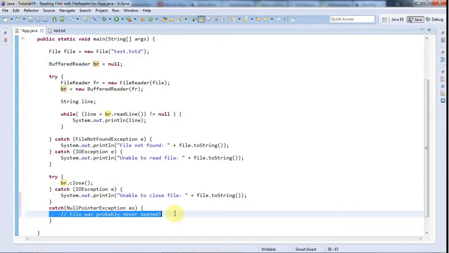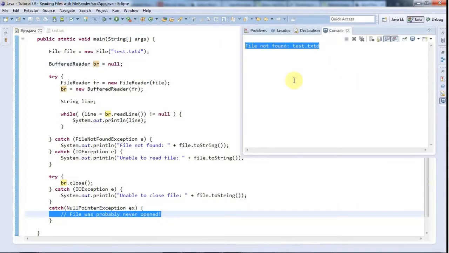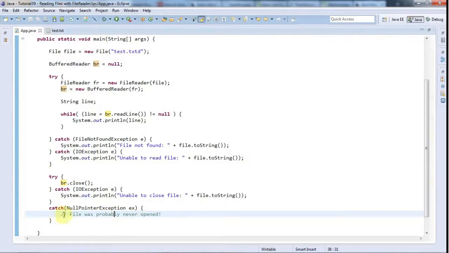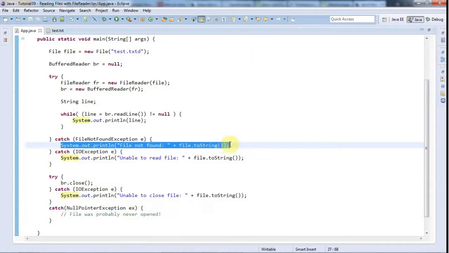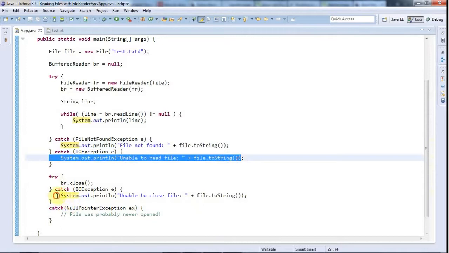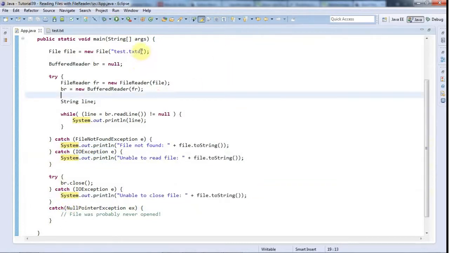we'll catch it here. Let's run that now, and now we see it says file not found, and there are no further errors, which is very nice. Although of course if you put x.printStackTrace in here, then you would see the error. We haven't got any print stack traces in here, so we're only seeing our own custom error output like these, which is good. So now this works, and now if I delete this character here, then we can run